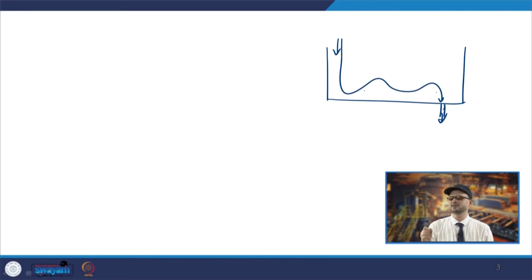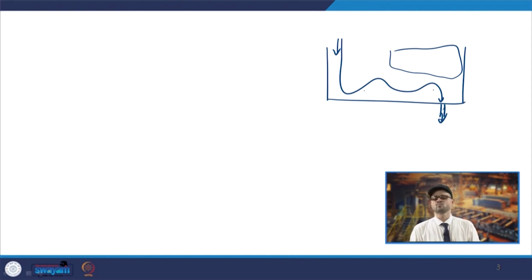So, for that, what is being done is, normally, suppose you have inlet from here and you have outlet from here. So, in the normal case, when the flow comes, it may go like this and it will be coming like this. So, basically all these zones become sort of dead zones. Either they do not take part, or if it goes, it comes very slowly. Once it goes, this will have very small velocity, so slowly it will come and it will have a very long residence time inside the tundish